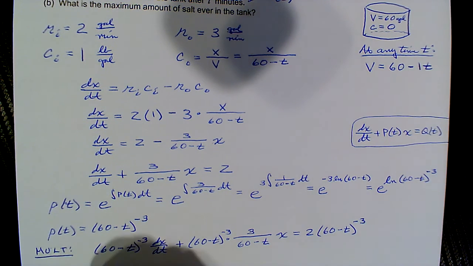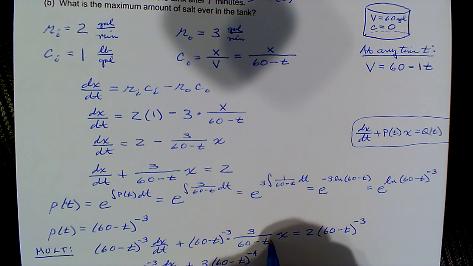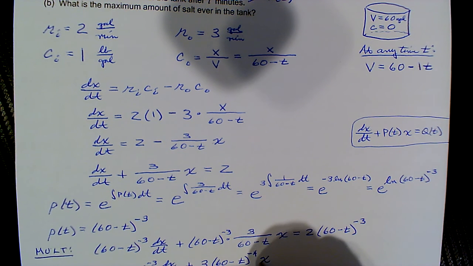So then let's simplify that a little bit. 60 minus t to the negative third dx/dt plus, this would be 3 times 60 minus t to the negative fourth, because this is really the first power in the denominator, so subtracting exponents, minus 3 minus 1 is minus 4,